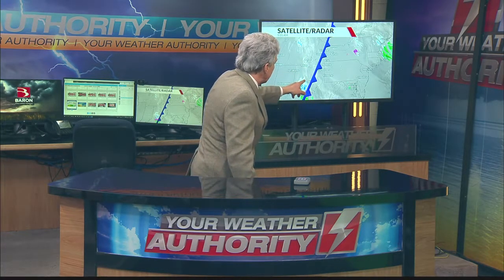And this is what we call a catafront, K-A-T-A. Catafront. Typically, with cold fronts, most of the precipitation and the clouds are ahead of the front, but with the catafront, they're normally behind it. This typically happens when you have slow-moving fronts, where oftentimes the front goes faster than the forcing that